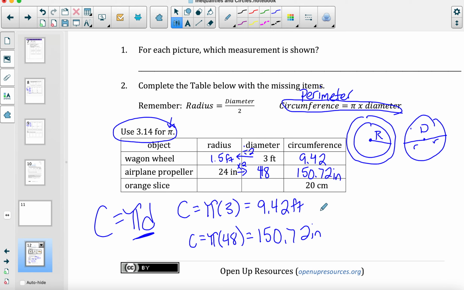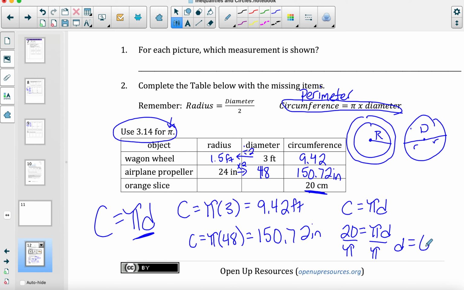So for that, I would write 150.72 inches. But for this last one, the orange slice, it gives us circumference, and we have to figure out diameter and radius. Well, if I know that circumference is pi times diameter, I can just plug these values in. Circumference is 20, I have pi, but I don't have diameter. So all I need to do is divide by pi, or 3.14, and I will get